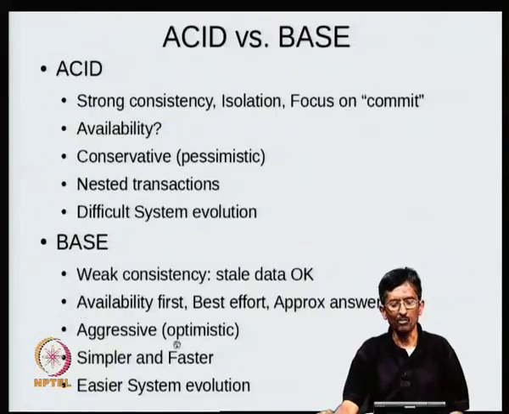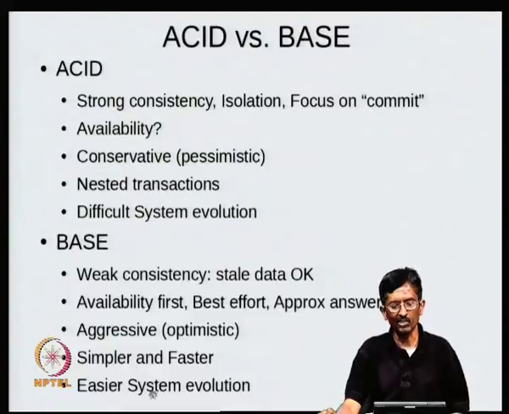It is optimistic. It assumes that because you are being weakly consistent, there are certainly going to be problems, but it's optimistic in the sense that you hope that somehow it can be fixed later. It's not catastrophic. Things diverge in values, but somehow I'm able to reconcile them later. That's why it's optimistic. It's aggressive in terms of moving forward. That's what it means.